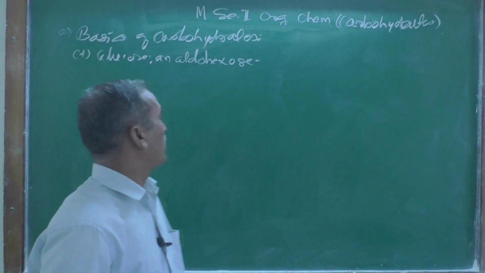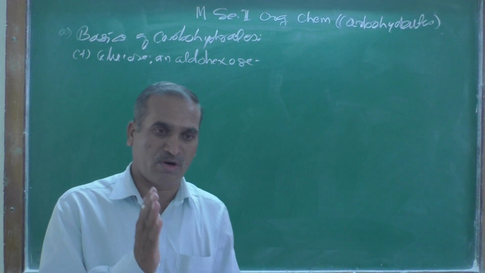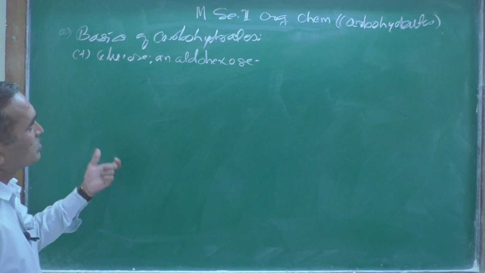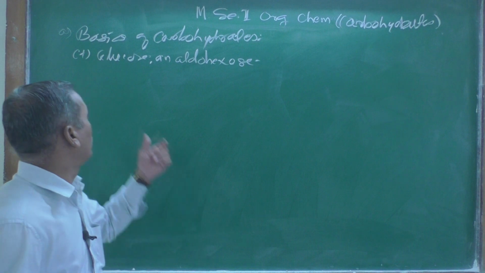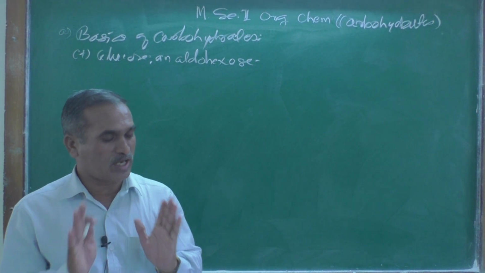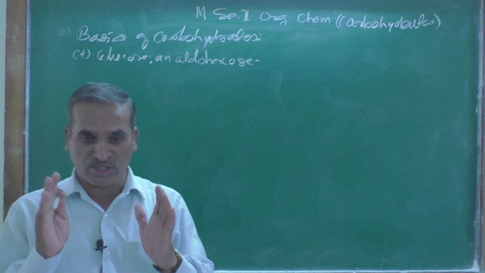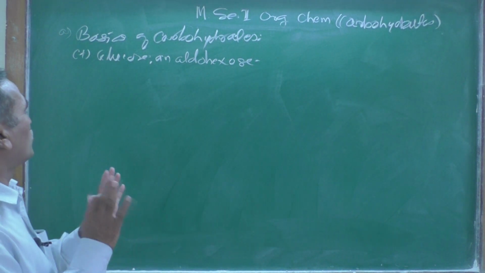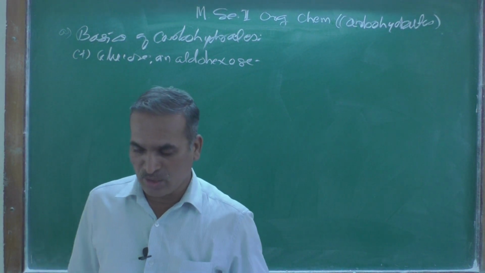So today we are going to learn the basics of carbohydrate, specifically plus glucose and aldohexose. Aldohexose is the common IUPAC name, and glucose is the common name. As we know the structure of glucose, and why it is called the D series, D configuration, we already learned. But here collectively we are going to talk about what we mean by glucose and aldohexose,